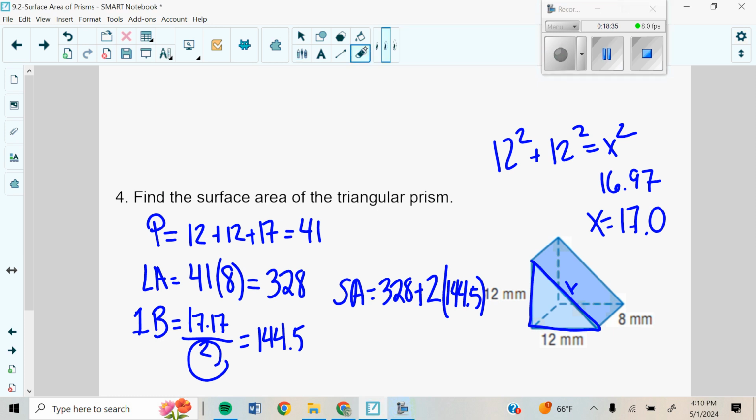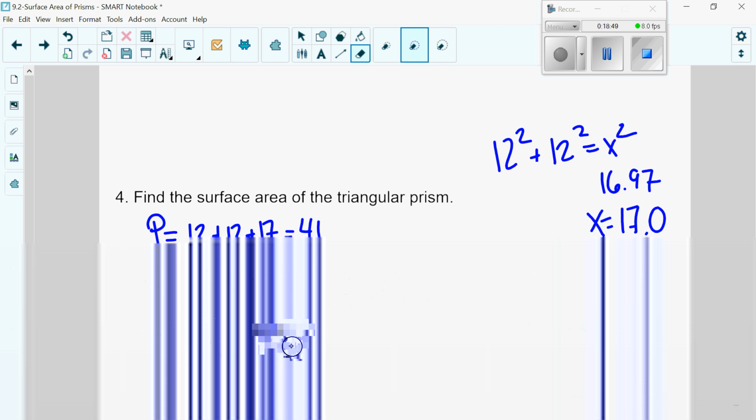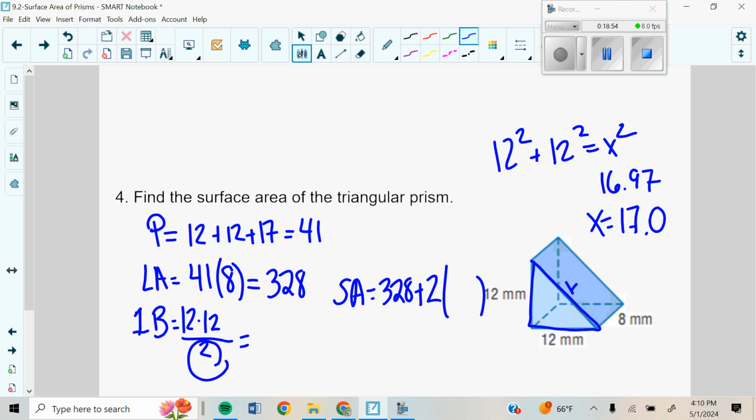Okay, I caught my mistake. I was talking and I changed it to the 17, and our bases are not 17. Our base and height are 12s in those. 12 times 12, and then we divide by 2. There we go. So 144 is 12 times 12, and we divide by 2 is 72. Whew, now it's working out. Okay, so 328 plus 2 times 72, our surface area is 472